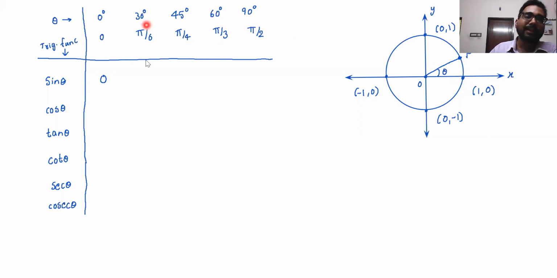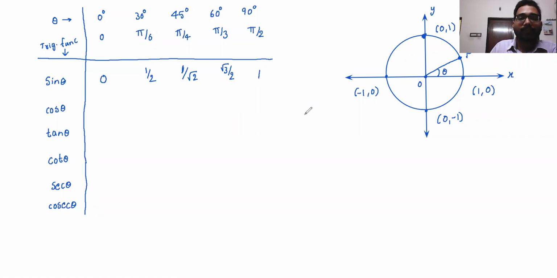So similarly, sine 30, which you already know, I'm not going to prove the value. So the sine 30 is 1 by 2. And sine 45, when theta goes here, it is going to be 1 by root 2. And sine 60 is going to be root 3 by 2. And sine 90, when angle becomes 90, the coordinate is going to be 0, 1. So the y coordinate is 1. So sine 90 is actually 1, right?